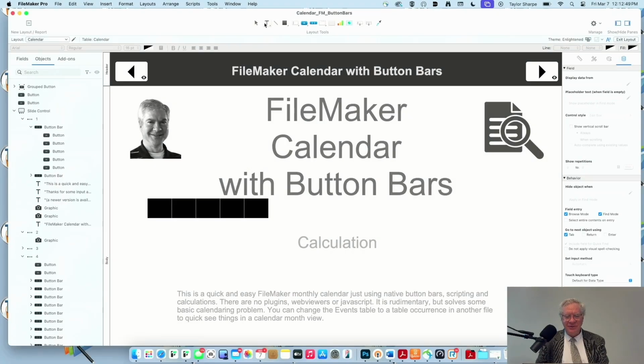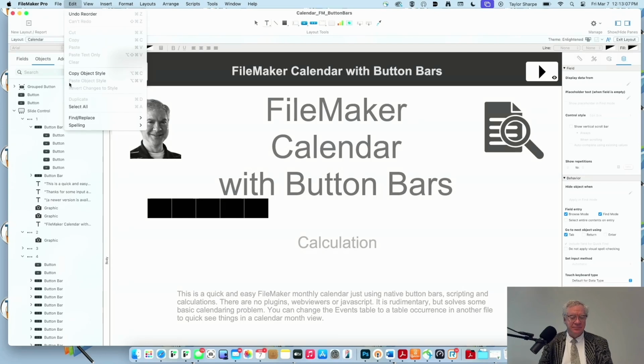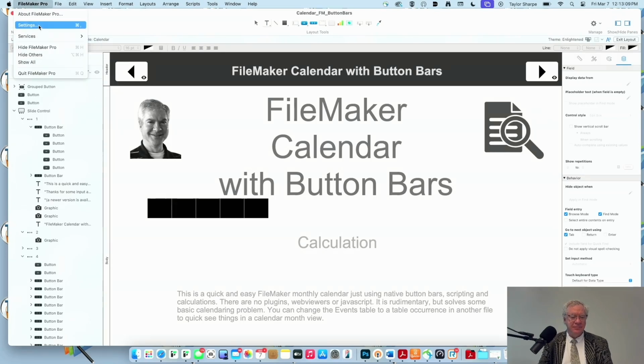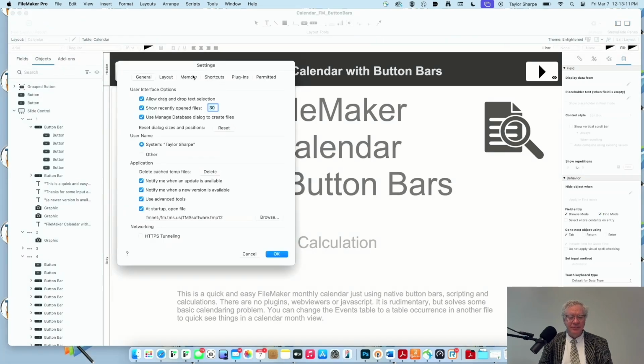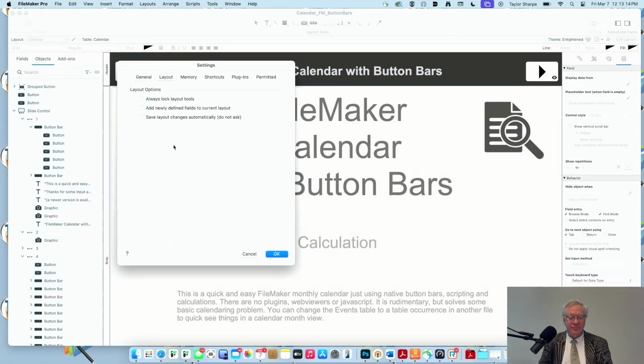Okay. But the behavior of the tools that you're describing is driven by one of the preferences where it locks. Go to your preferences, Taylor. Not there. FileMaker Pro preferences. There you go. Sorry, layout. Always lock layout tools. I don't know if you like to turn that on. I do.